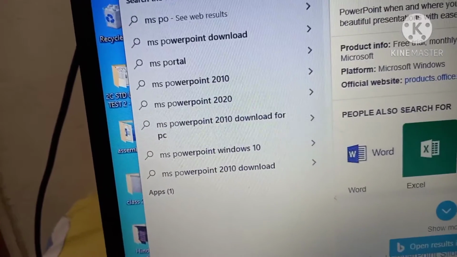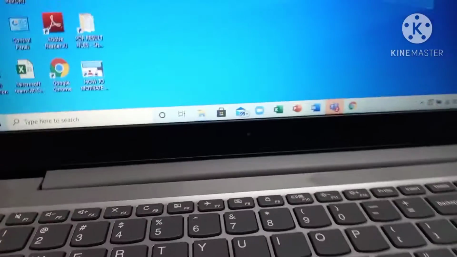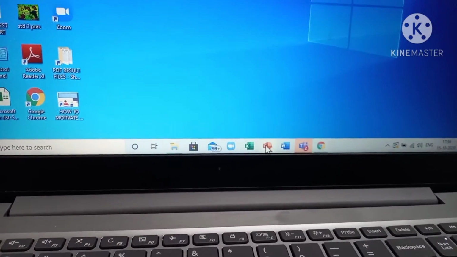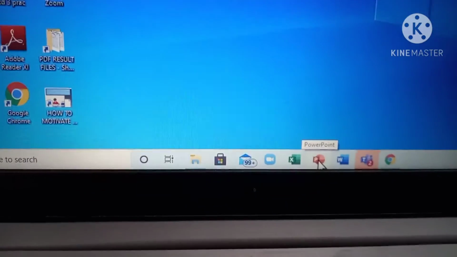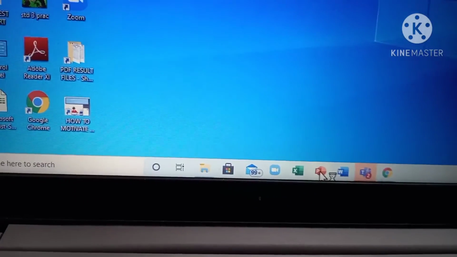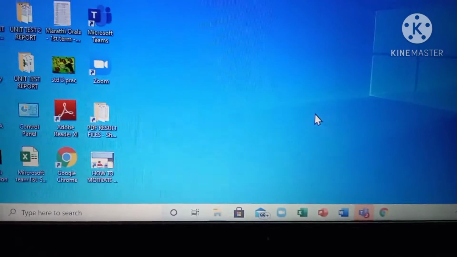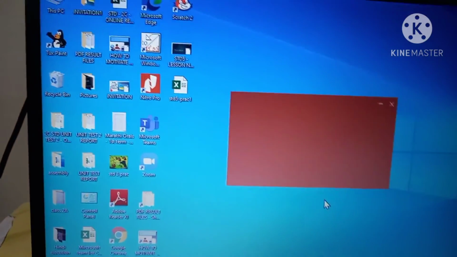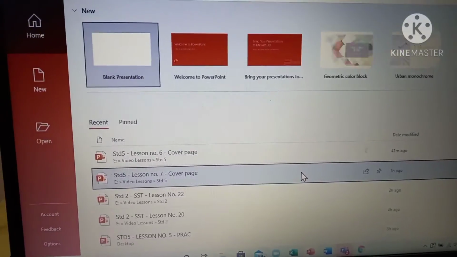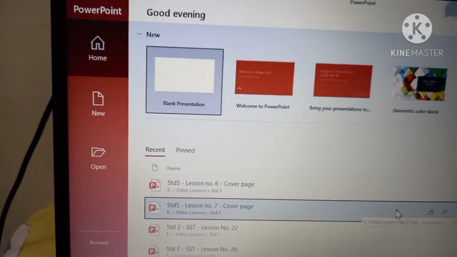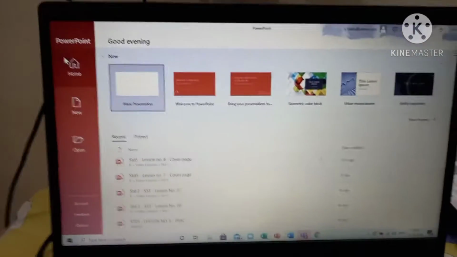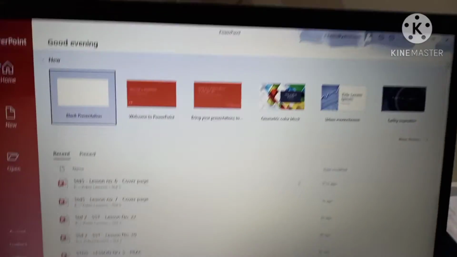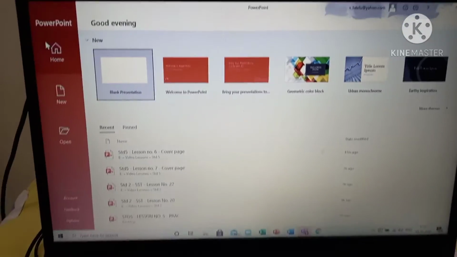Okay, see this PowerPoint is here. I can start from here also. So there are 2-3 ways how you can open PowerPoint, but I am going to open it from here. Very easy, because every now and then I keep using PowerPoint for your presentations. Okay, the PowerPoint is opening. As soon as the PowerPoint is opened, see the environment. This is how your PowerPoint 2016 will be, the environment of 2016 PowerPoint.